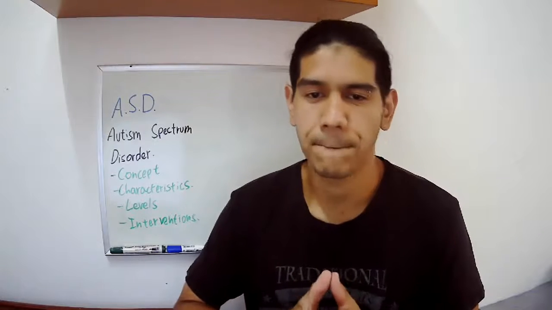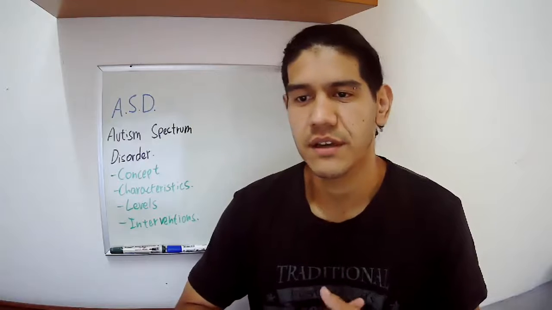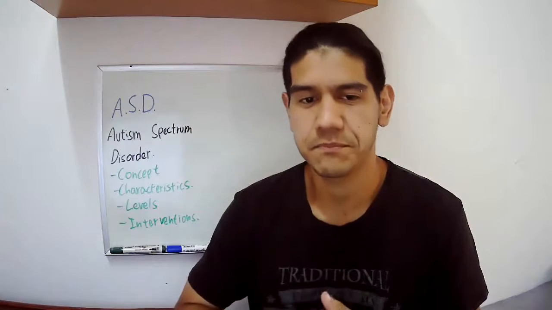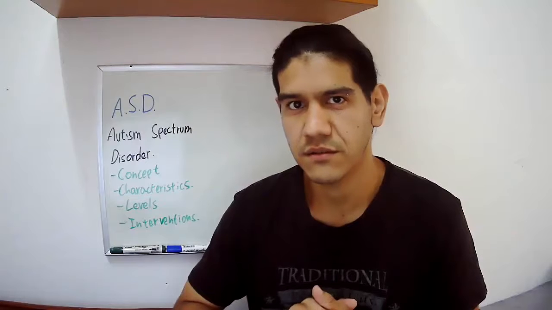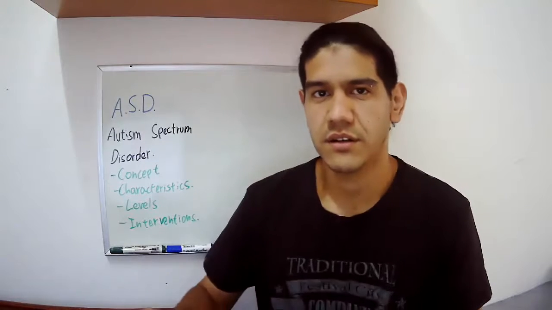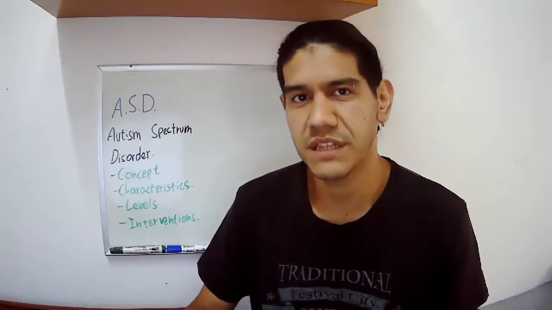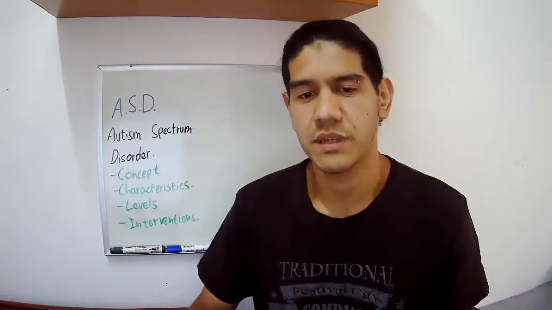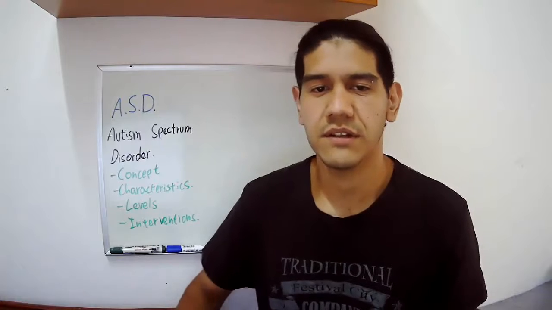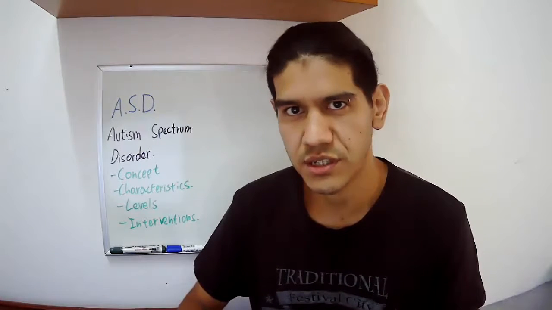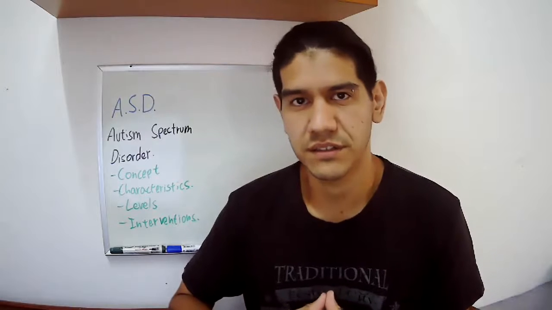According to the DSM, or the Diagnostic and Statistical Manual of Mental Disorders, there are 3 levels of ASD. We have the level 1 or high functioning ASD, which is the least severe of the 3 of them. We have the level 2 ASD or mid functioning, in which people may or may not communicate verbally. And finally, the level 3 ASD or low functioning ASD, which is the most severe case of autism in the